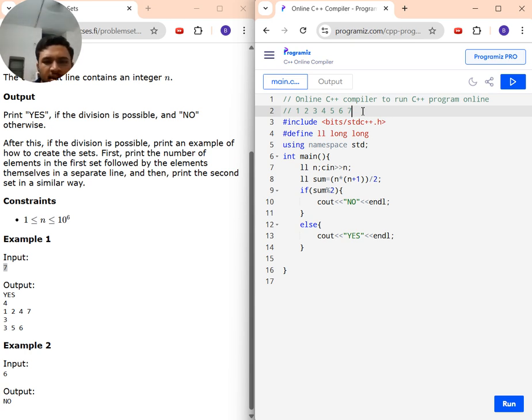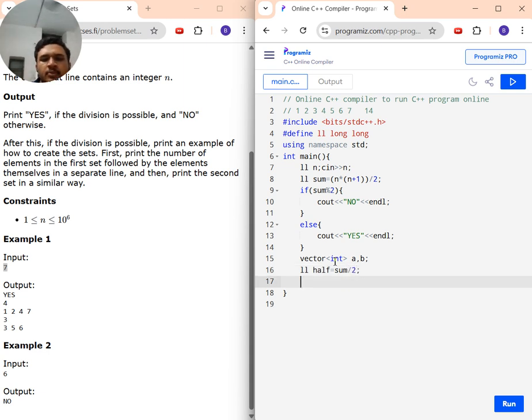it has a greedy solution. The greedy solution is that I will simply pick the largest element. So I need to form 14 here. I'll start from the last element, and I'll check whether the sum that I need to form is greater than this element. In this case it is, so I'll simply push it into the first set. So I'll just make two vectors, vector int A and B, and I will create another variable, sum upon 2,